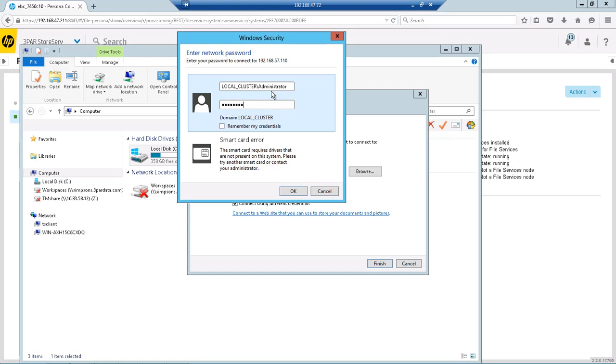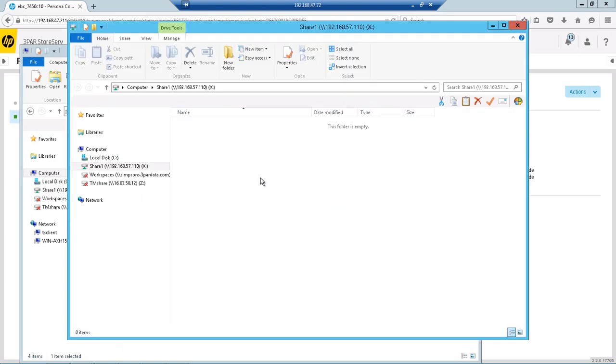Depart data, the login, and say OK. And that is our share. So now you can use this network drive as a typical share that you would use in any network drive. Okay, so we just completed a file persona configuration from the ground up, all the way from nothing created to